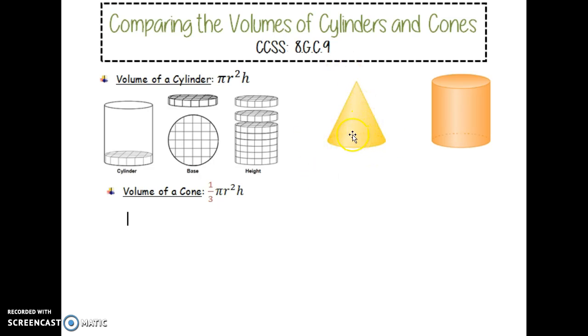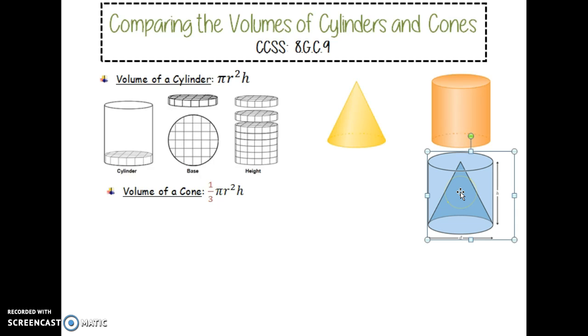So let's just imagine that I can place this cone inside of my cylinder, because remember the volume is how many unit cubes or the space inside of a 3D image. So I can place this cone directly inside my cylinder, and you can see that the bases match up and that the vertex is going to come right to the point. So we know that we can fit at least one cone inside of my cylinder,